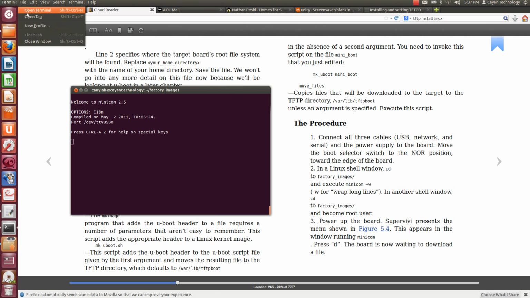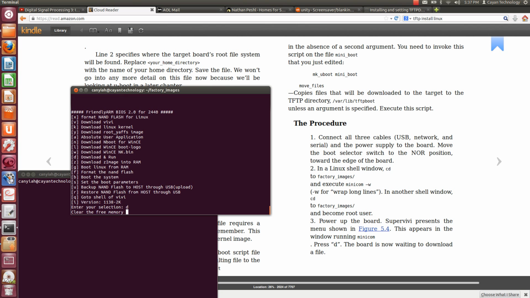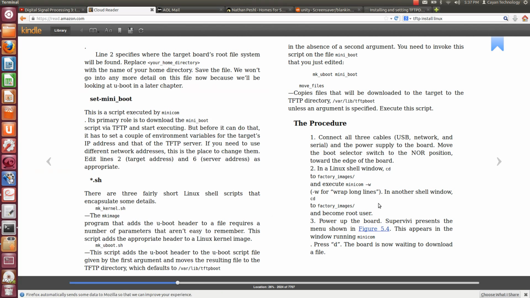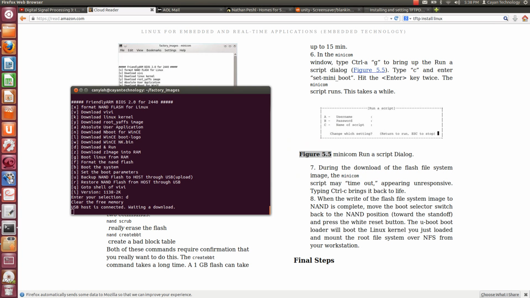I'm supposed to go to that directory, and as root user, which there is no password for root user on Ubuntu, so when you're going to execute the script, just use sudo. And this says power up the board in NOR mode. Hit D, and in the other shell window,